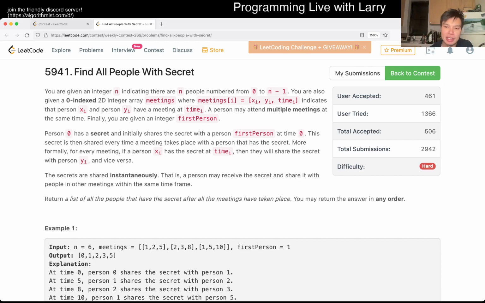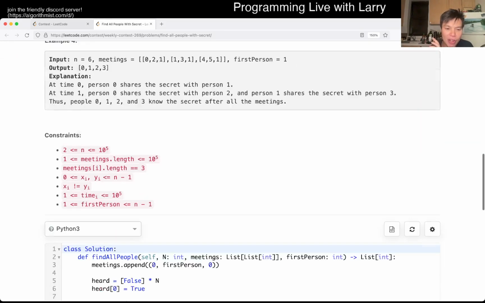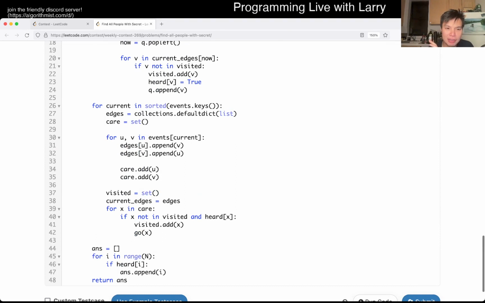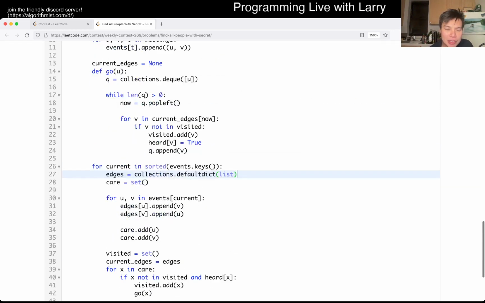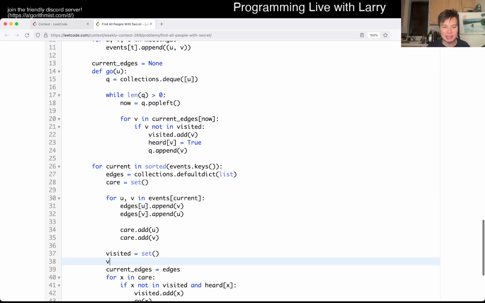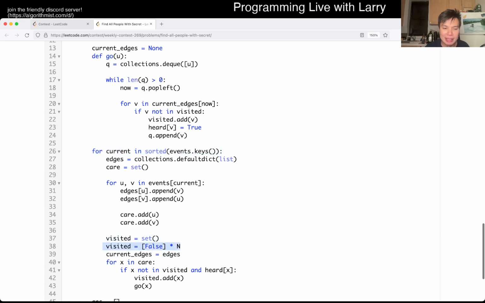So the right idea here is still incremental from what I had before. A lot of this will look similar, but what I end up doing is a breadth first search, which is of course very connected component-ish, but we try to do it in a very deliberate way so that we don't waste extra cycles. The thing you can look at is a hash table, because if you have an array of, for example, visited is set, right? If we have visited equal to false times n, which is a very natural way of writing breadth first search, then this loop times this thing is going to be expensive.